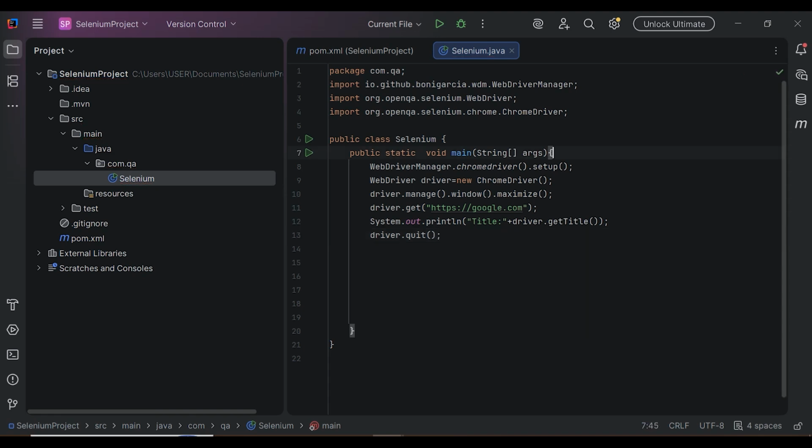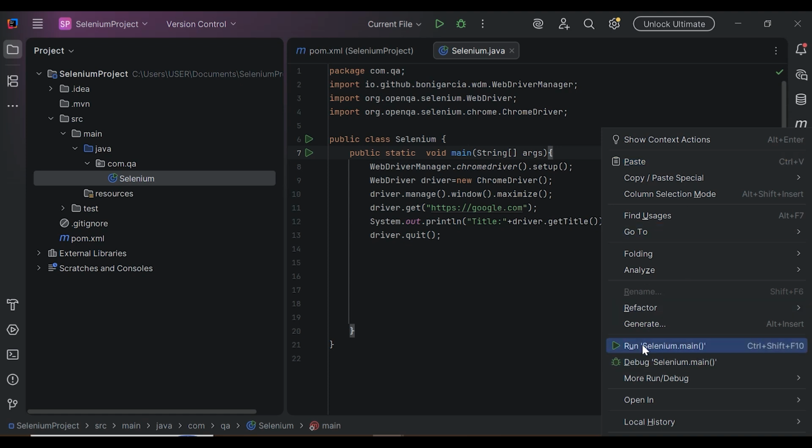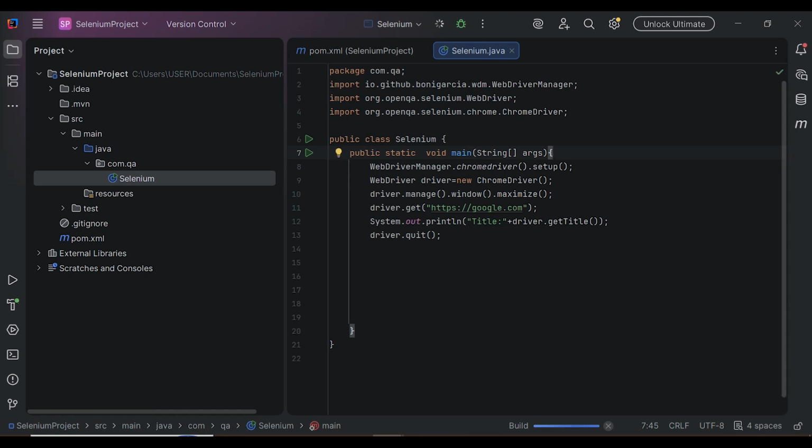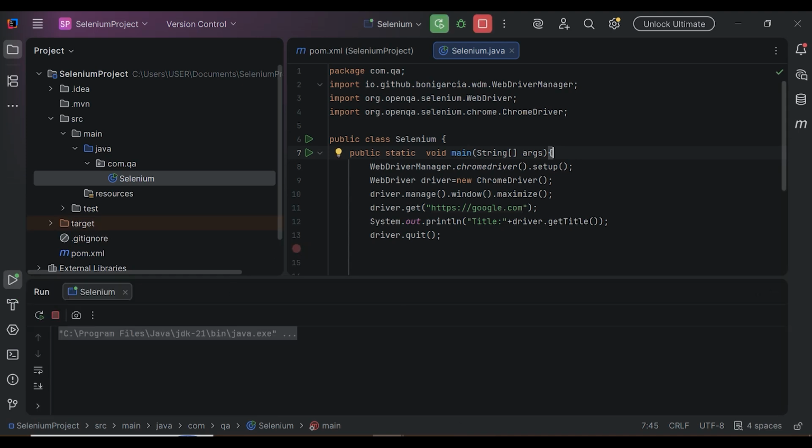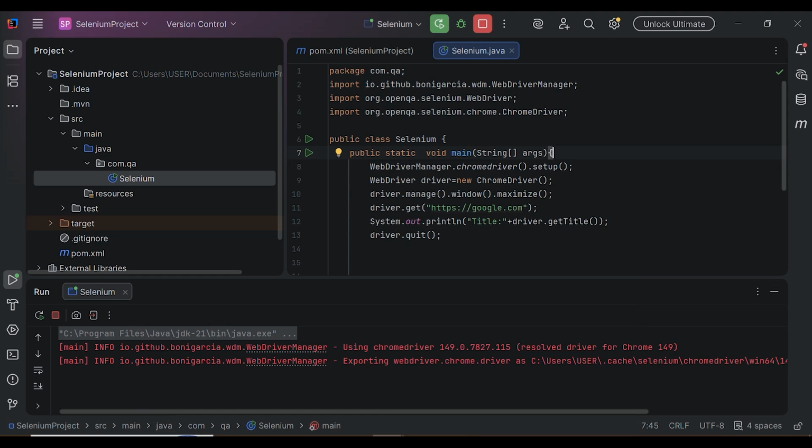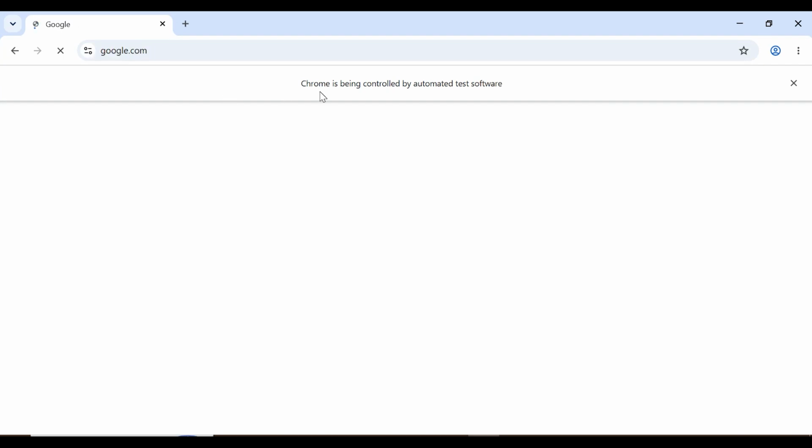Now we can run the test. For running the test, you just need to right click here and then click on Run Selenium. It will build your project, and after building, it will run the project. As you can view here, it is parsing the Java Selenium project. It will take some time and then run the project. You can view here it is using Chrome driver, resolving the driver, maximizing the window, navigating to google.com, and then printing the title,